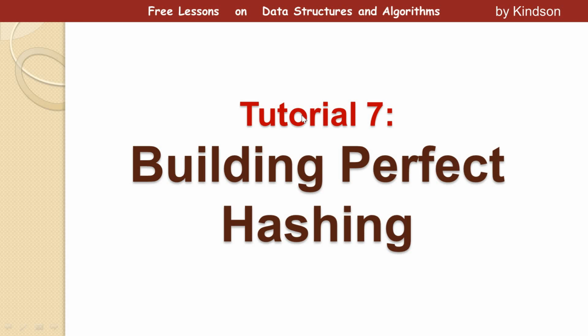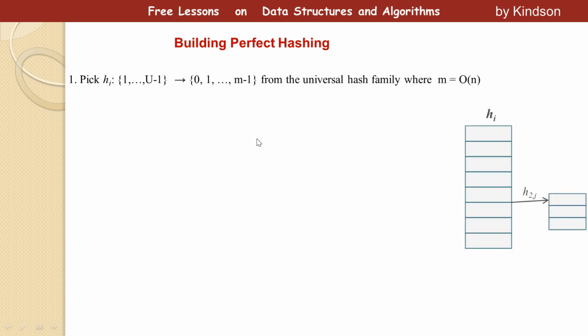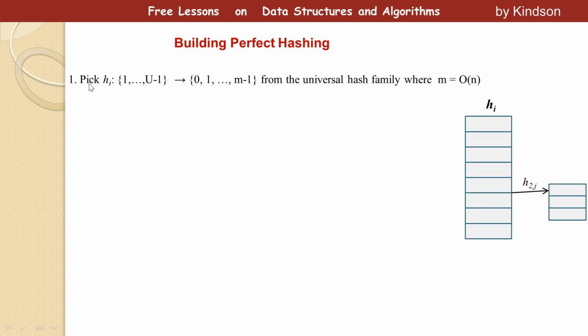All right, so let's see. Building perfect hashing, let's run through the algorithm to see how it works. One thing you need to remember is that there have to be two hash tables. So let's look at the first step. The first step says you need to pick H1 from the universal hash family. We've discussed the universal hash family. If you don't know about it, look at the previous videos; in the description box you see a link to them. So you pick H1 from the universal hash family that maps to